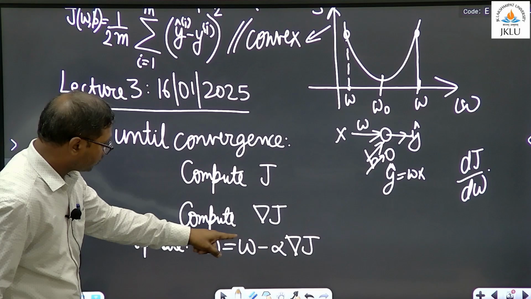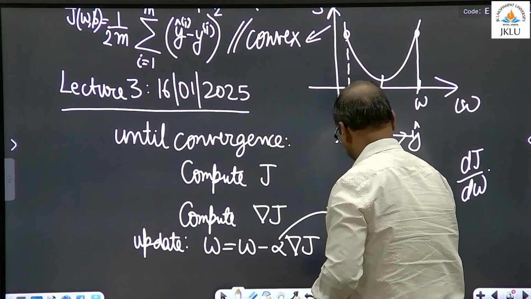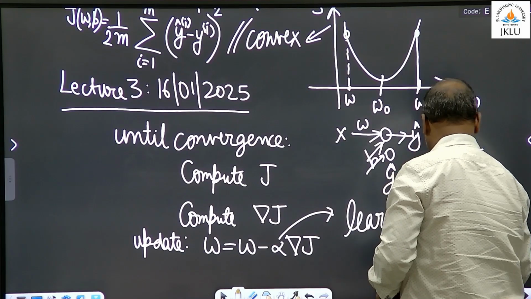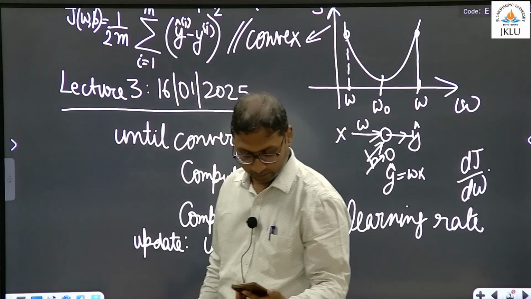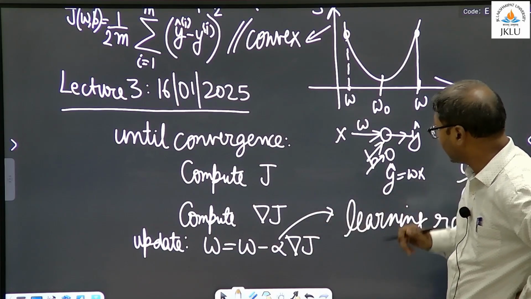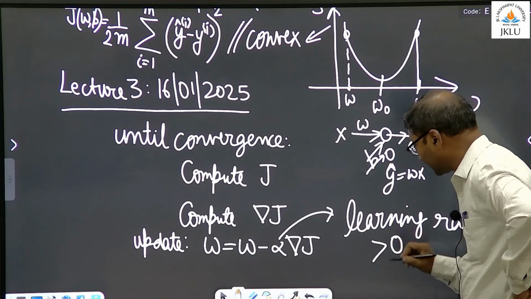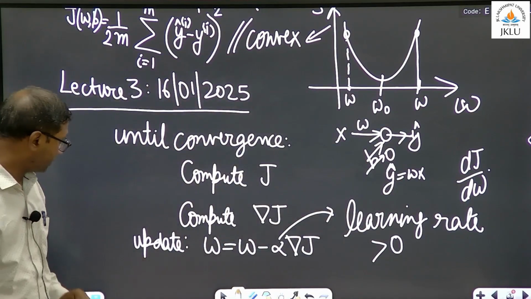What is alpha? Learning rate. Right. So alpha is the learning rate. Alpha has to be strictly greater than 0. It cannot be equal to 0. Alpha has to be greater than 0. Now,